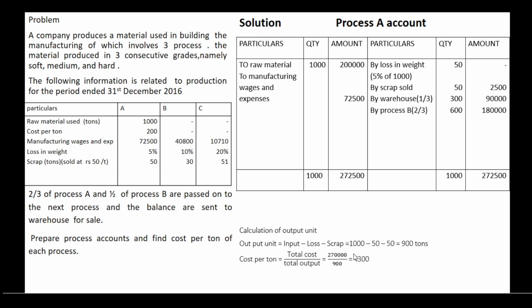So this is the process A account. And the total of the quantity is 1000 and the amount is 2,72,500. So it is the same on both sides. So this is the process A account. And the next one,